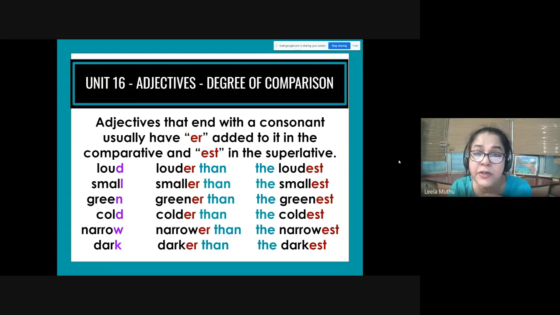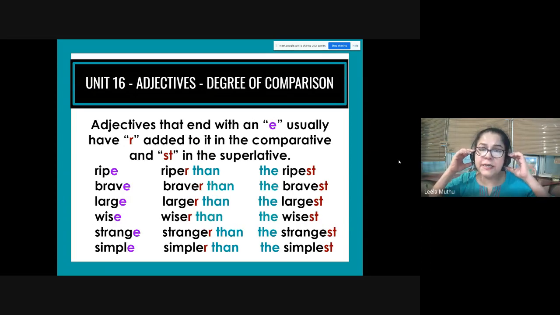And similarly, green, greener than, the greenest. Cold, colder than, and the coldest in the superlative. Narrow, narrower than, and the narrowest in the superlative. Dark in the positive degree, darker than in the comparative, and the darkest in the superlative. Okay, now I have lots of examples, and these examples are when the adjective ends with a consonant, and